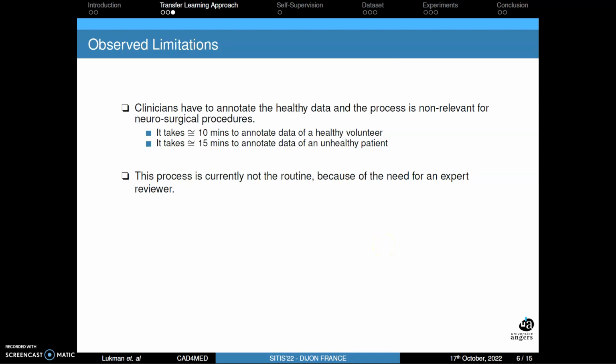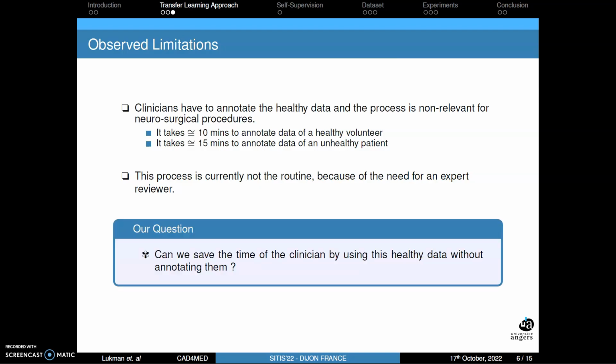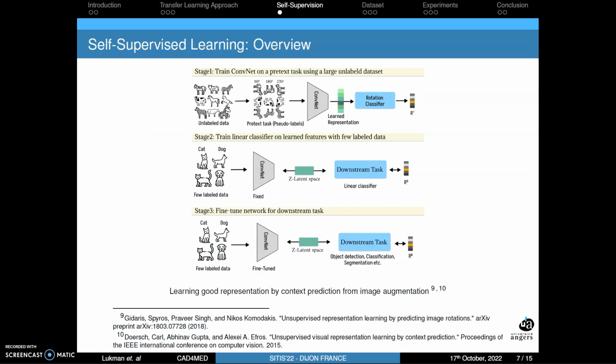And therefore, we ask the question: can we save the time of the clinician by using the healthy data without annotating them? One of the interesting approaches, as again illustrated here, is the possibility of self-supervision learning where at stage one, we can use unhealthy data. It could be really a lot of unhealthy data because in this case there is no prior